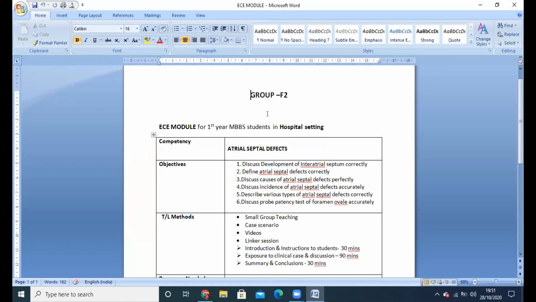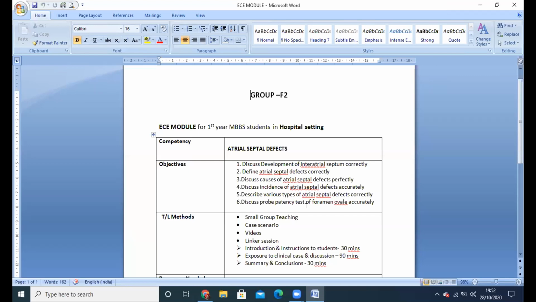Okay, ma'am. So I am representing group F2 and the ECE module for first year MBBS student in hospital setting. The topic given is atrial septal defect and the competency is describe developmental basis of atrial septal defects. Objectives are discuss development of interatrial septum correctly, define atrial septal defects correctly, discuss causes of atrial septal defects perfectly, discuss incidence of atrial septal defects accurately, describe various types of atrial septal defects correctly, discuss probe patency test of foramen